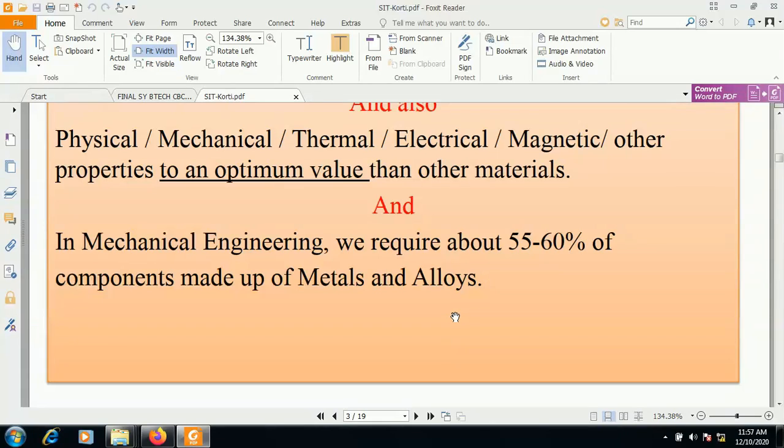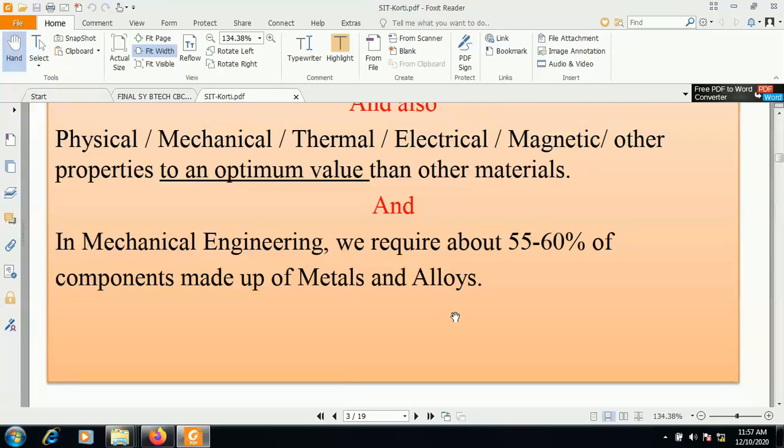Again, if we consider IC engine components or most of the components of the automobile, they are also made up of metal. Most of the components in agriculture and the aerospace industry are made up of metals and alloys. In the aerospace industry, we use alloys which are lightweight. Their strength to weight ratio is maximum, meaning strength is more and weight is less, like NASPA alloy, Hastelloy, Nimonics. All these are newer metals used in the aerospace industry.